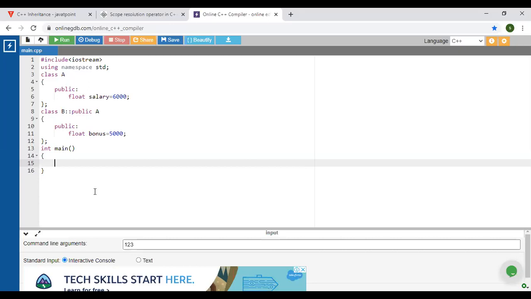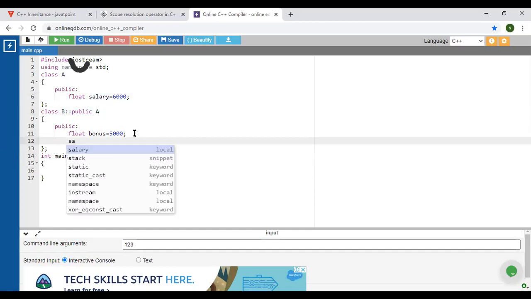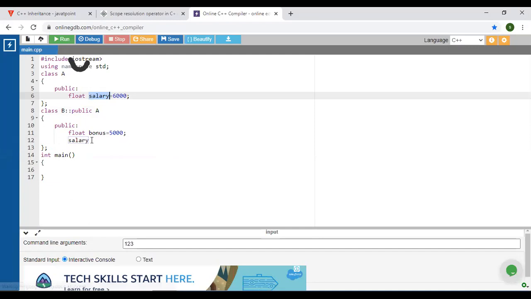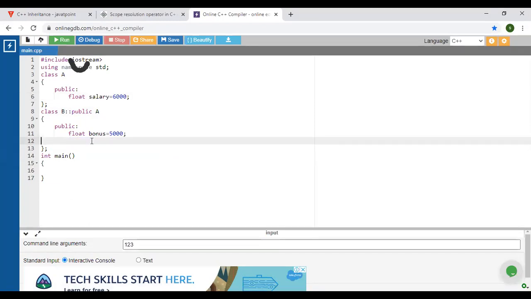This salary variable is available inside the class A. This bonus variable is available inside the class B. But we are going to inherit all the data members of class A inside class B. So this salary is now available, and we can access it inside class B also, because we have inherited all the functionalities, considering reusability.